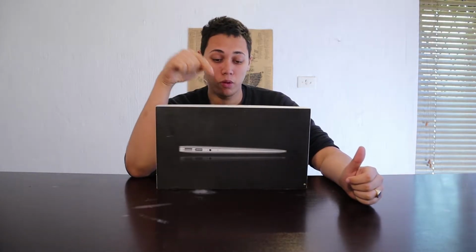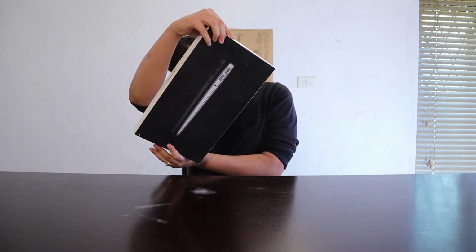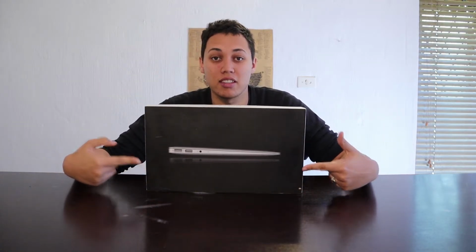Now, looking at this computer now with the knowledge that I have, I got this thing in 2011. And what this thing has is an Intel Core i5. I'm not sure what generation or anything, but it's a 1.6 gigahertz Intel Core i5, 2 gigabytes of RAM, and 64 gigabytes of flash storage. I mean, that is all that I got for this thing. I was duped, but I was blinded by